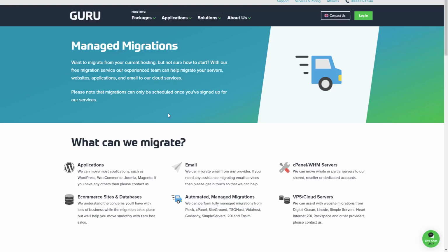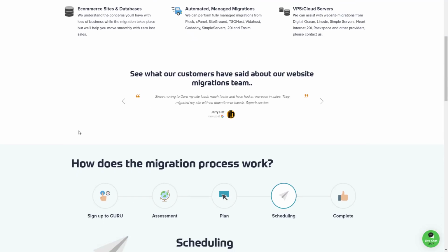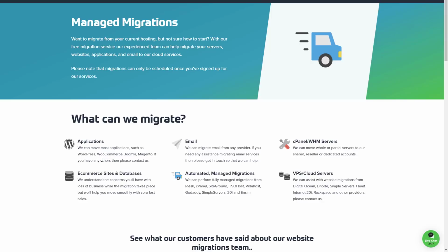Now, one advantage of using Cpanel is not only is it widely used, but also migrations are really easy. You can give the details to Guru and they'll migrate everything over for you. It doesn't even take that long. It can be done in minutes, or it just depends on the load and how much data there is. The advantage is that all your settings, all your email addresses, all your setup is just migrated over